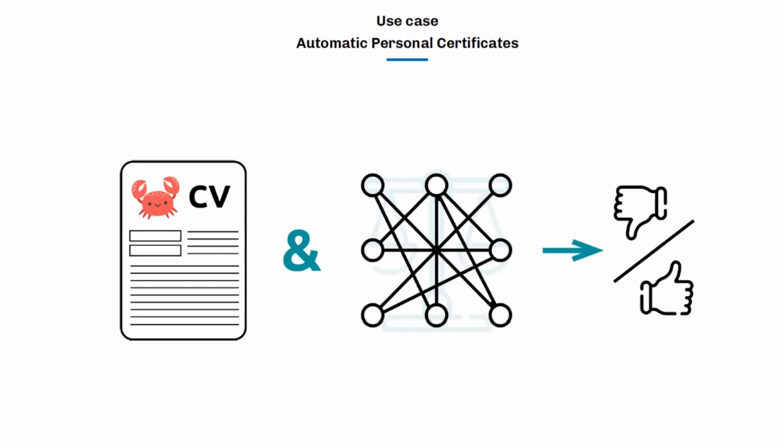Okay, automatic personal certificates. I'll try to make it brief. But the idea here is to provide a system that would automatically issue a certificate to a sailor asking for it. So if this crab here wants to be a master mariner, the master mariner certificate contains a lot of different